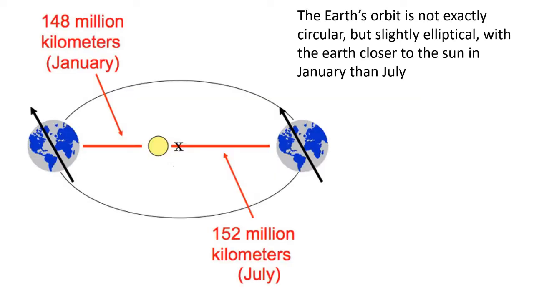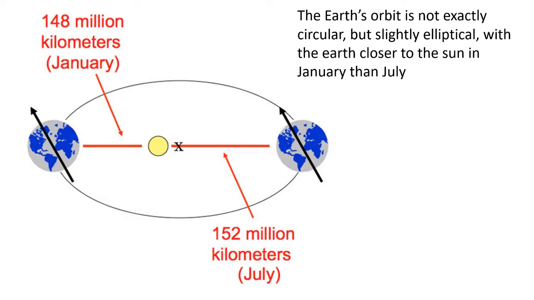But here's the kicker. Yes, the Earth is actually closer to the sun, but it's in January, not in July. The sun is actually 4 million kilometers closer to the Earth in January than it is in July. That seems kind of backwards. Why shouldn't we be hotter? Well, because 4 million kilometers really doesn't make much of a difference in terms of the amount of solar energy that you receive. So this is a very common misconception that the seasons are caused by the Earth being closer to or farther away from the sun.